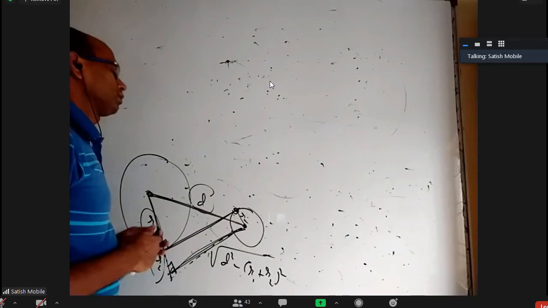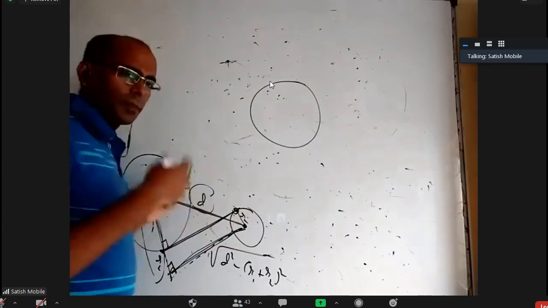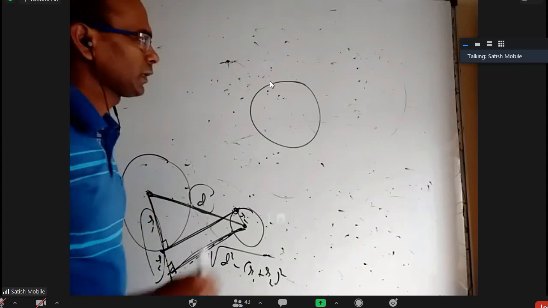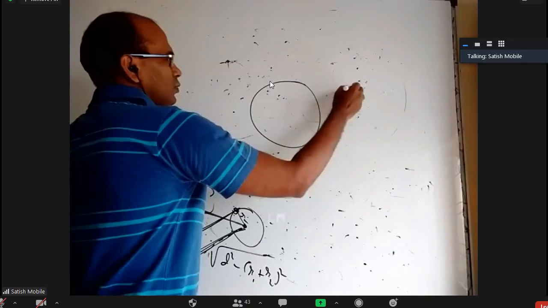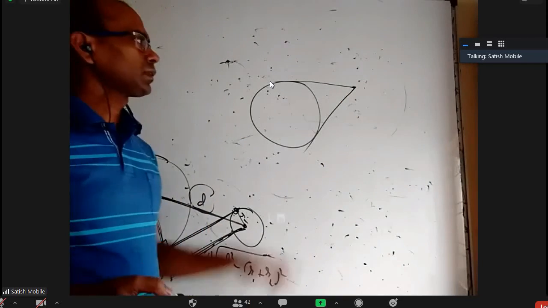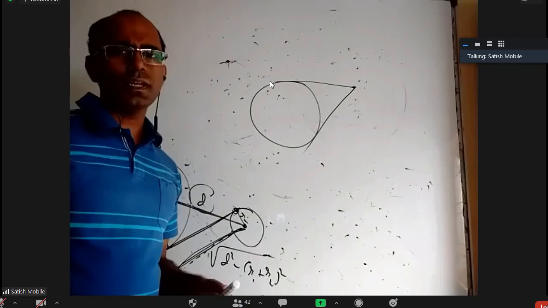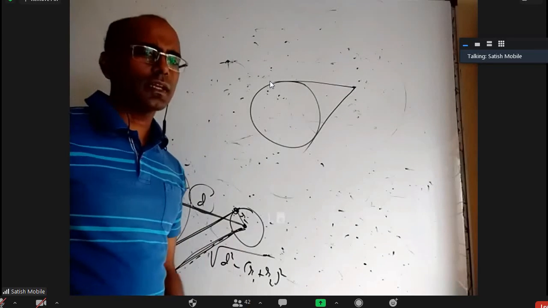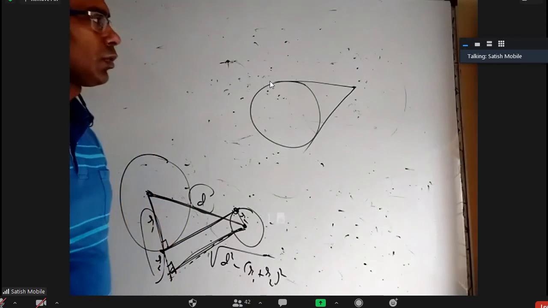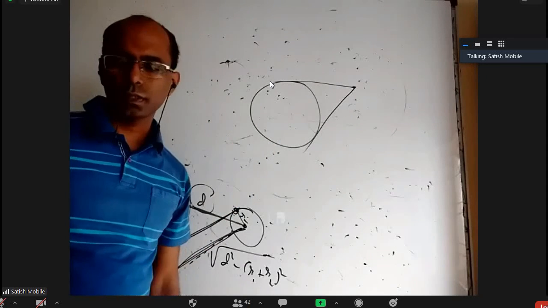Where are we now? So I said, okay, yeah. If I take a circle or even a parabola or ellipse or hyperbola, all conic sections, one definition for director circle is that from an external point, if you draw two tangents, and if they are perpendicular, the locus of that point is called the director circle. In the case of circle, ellipse and hyperbola, it is actually a circle. In the case of parabola, it is only a line, but still we call it the director circle. Locus of a point from which two perpendicular tangents can be drawn to a conic is called the director circle.